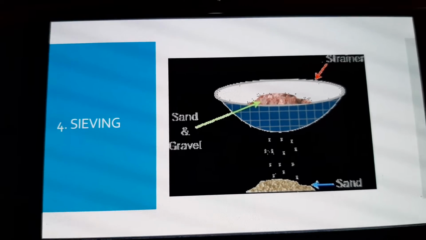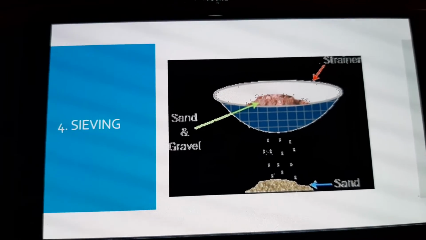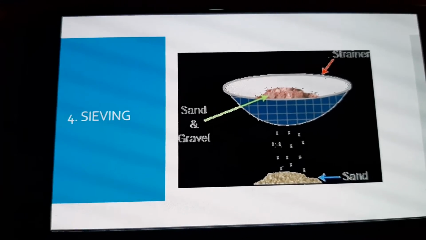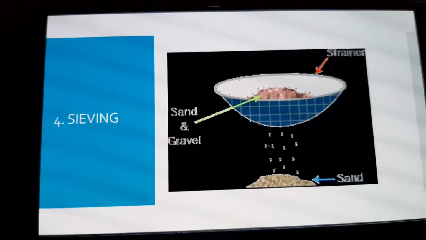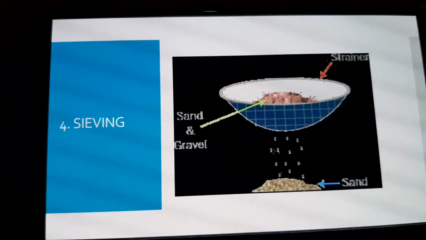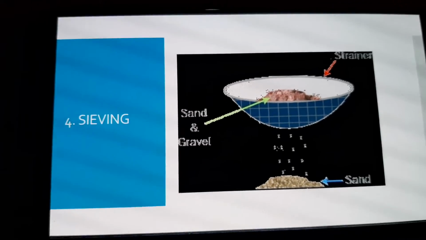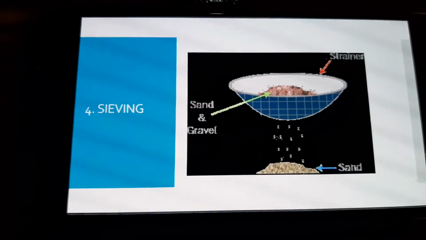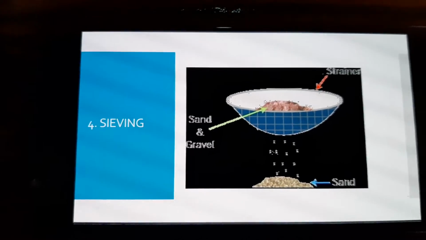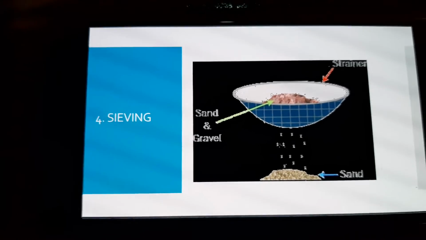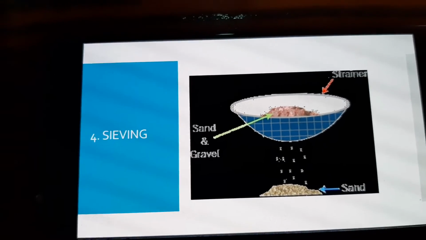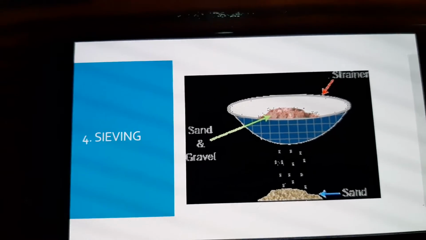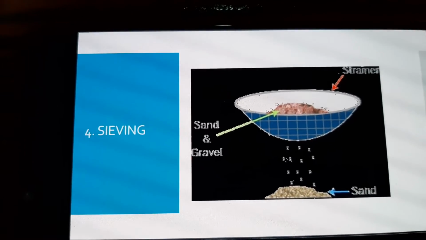Now, the mixture having components of different sizes is put in the sieve, and the sieve is moved back and forth continuously. What happens? The larger particles of the mixture cannot pass through the small holes, right? They remain behind in the sieve, and the smaller ones get separated and come out of the mixture. The mixture gets separated into two components, one having smaller particles and the other having larger particles.